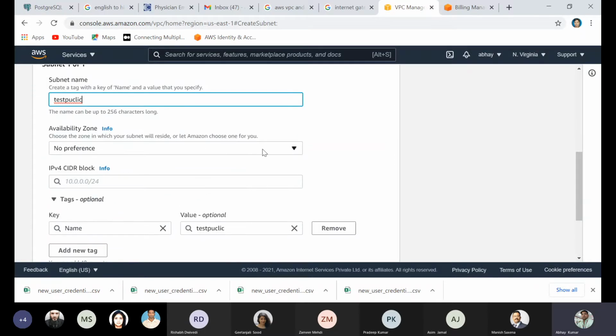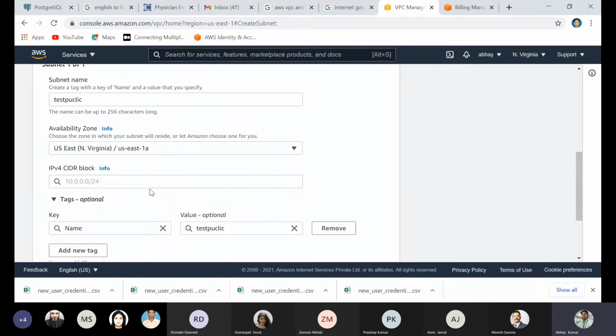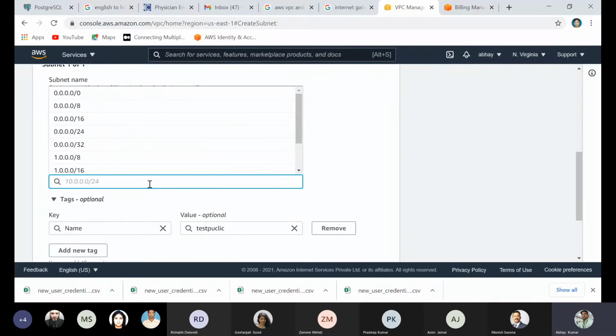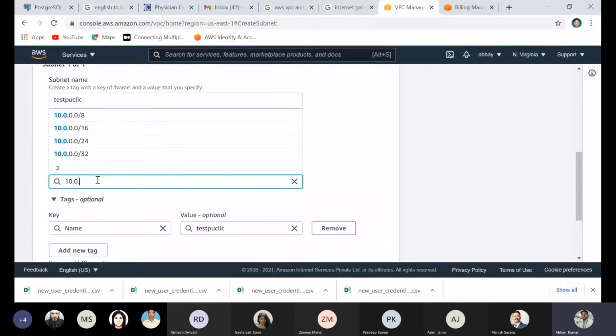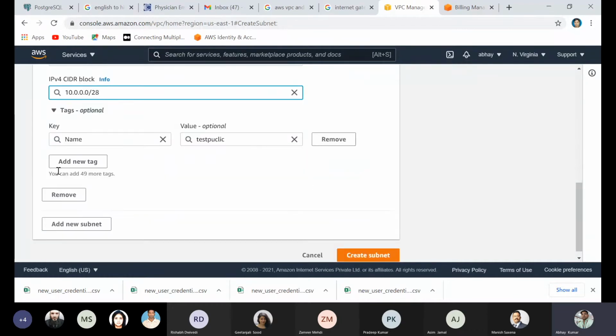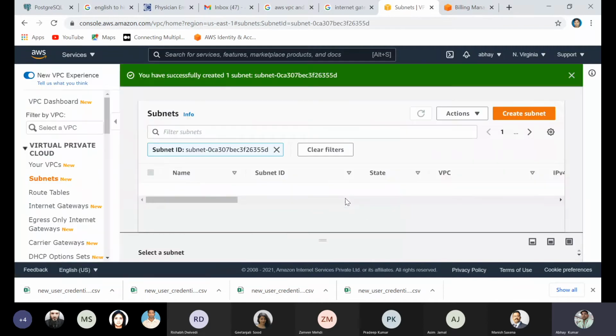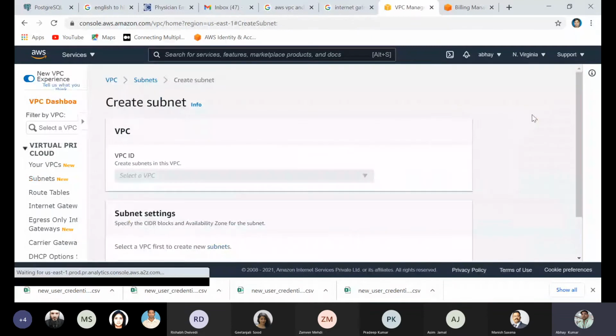Availability zone you can mention, I'm choosing Virginia, and the CIDR block is 10.0.0.0/28. I explained that yesterday and also showed you. So with all this mentioned, we can create the subnet. So we have one public subnet.